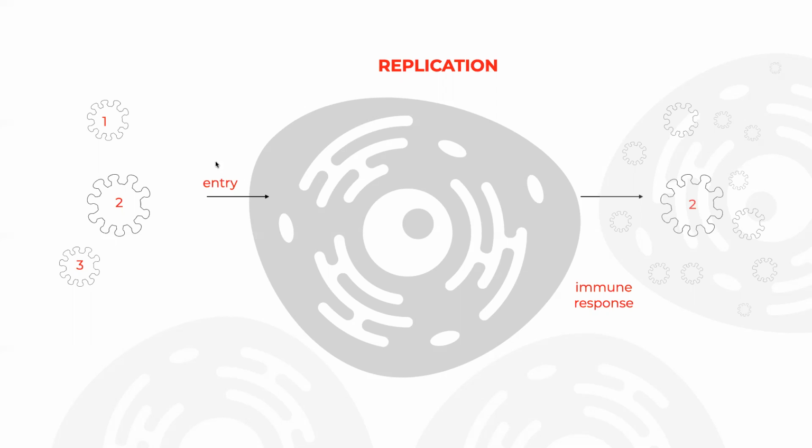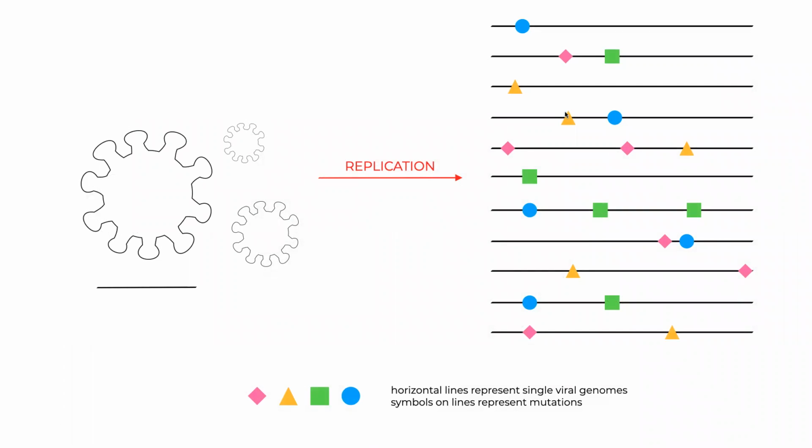Sometimes when this community of viruses is expelled, only specific virions will remain intact to infect other cells. And so that process of going between tissues, entry into the cell, replication, all of those cause different mutations or changes to that genome. So as a result, we have a community of different viral organisms or viral genomes, and